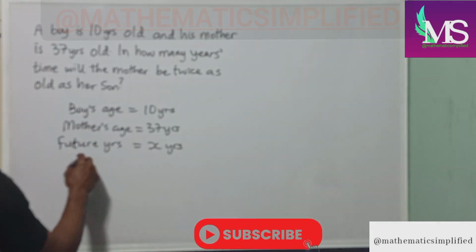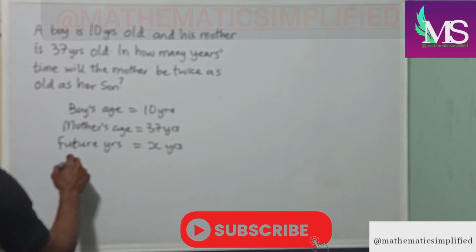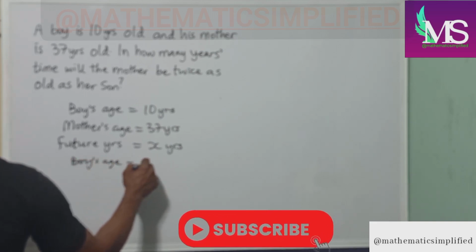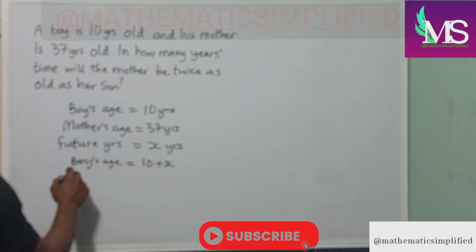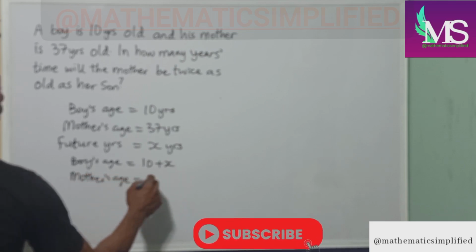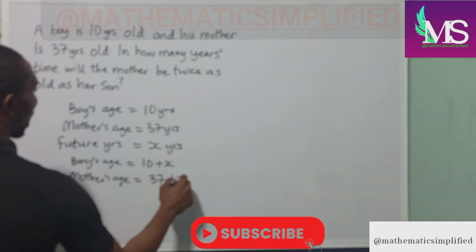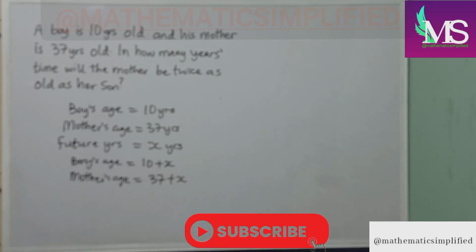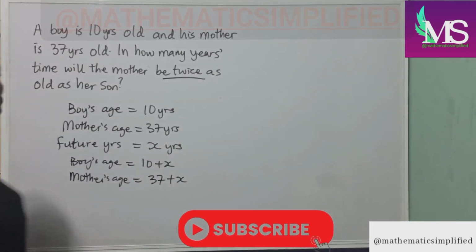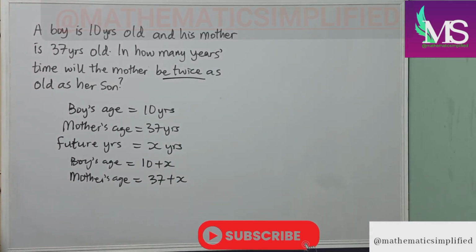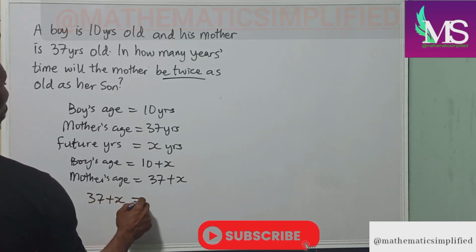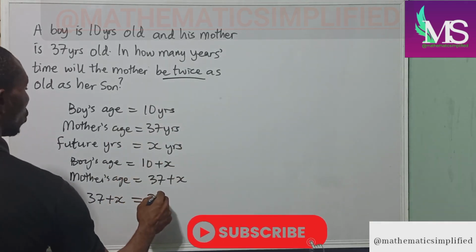So the boy's age in future will become 10 plus x, and the mother's age in future will become 37 plus x. But now we are meant to understand that we are looking for when it will be twice the son's age. That means the mother's age in future, 37 plus x, will be twice the son's age, 2 bracket